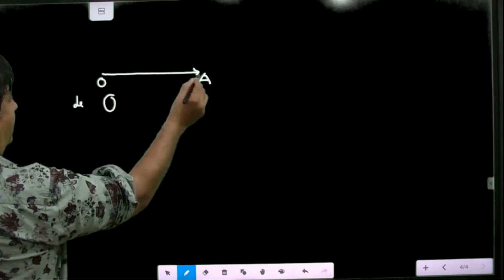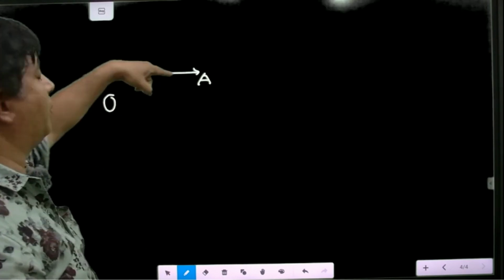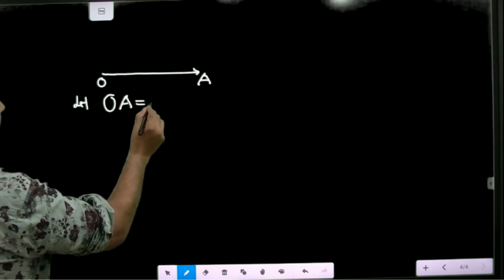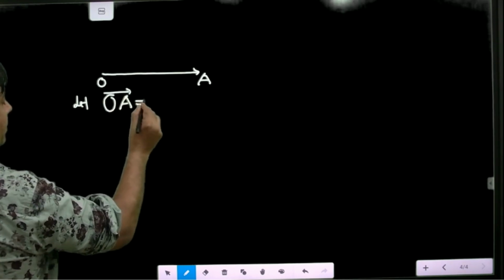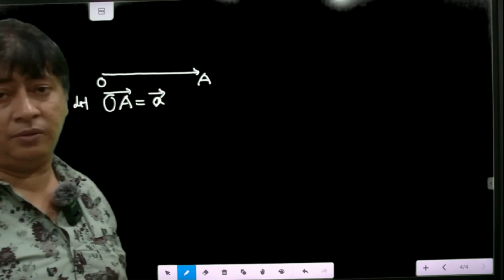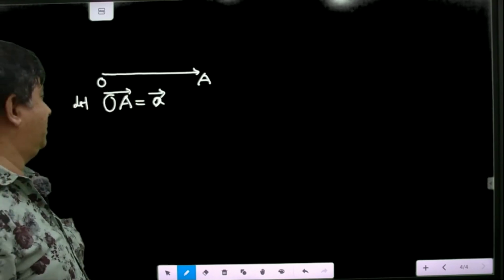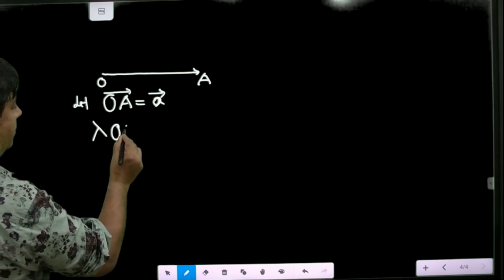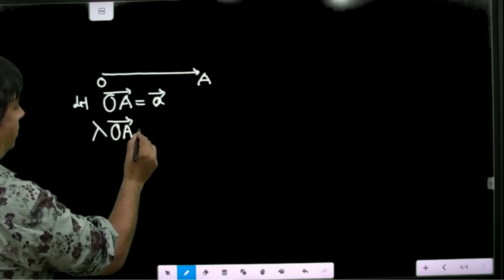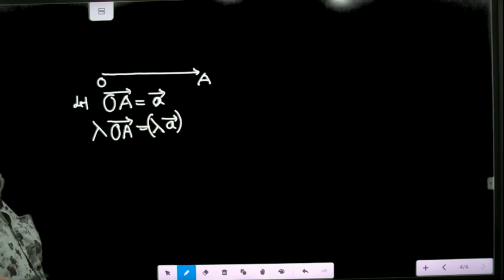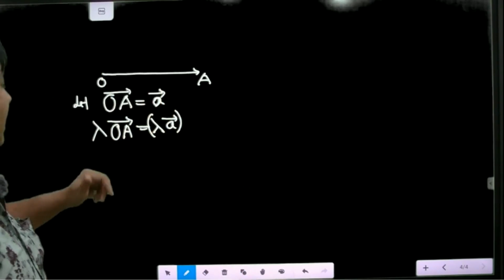The arrow sign indicates that it moves from O to A. Let OA vector refer to vector A. Now, if I multiply both sides by a scalar value, it means if a vector is multiplied by a scalar, a new vector will be born, and that is called